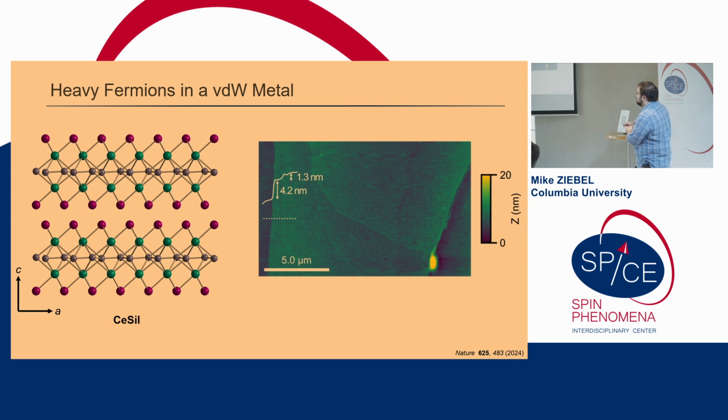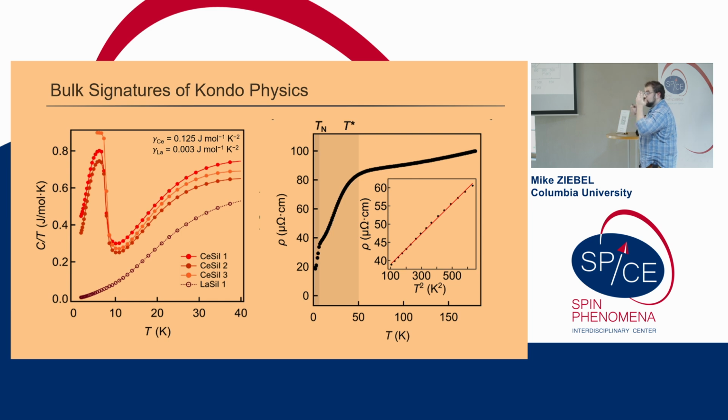Its formula is cerium silicon iodide. In this case, the honeycomb layer is composed of silicon. It's basically a silicene layer sandwiched by cerium ions and then iodide capped. Because this is a van der Waals material, we can readily exfoliate this. So here I'm showing a relatively large tri-layer flake that we can access, but we can routinely find even thinner, down to the monolayers. So as I mentioned, a big aspect of this is that we can use traditional bulk